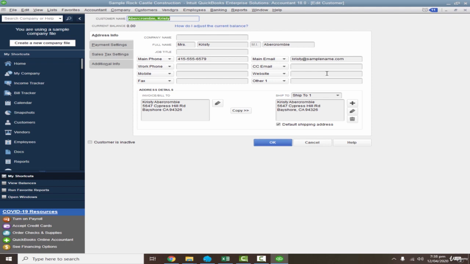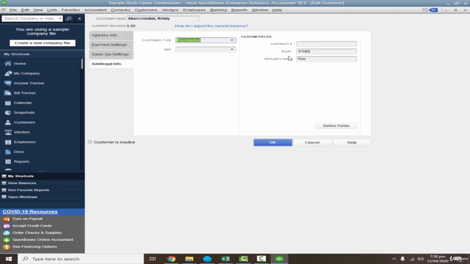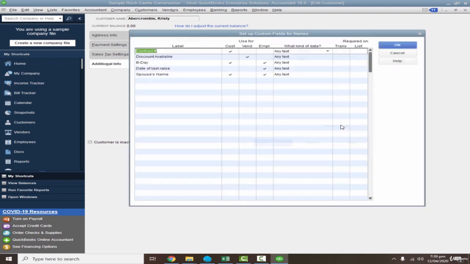But if I want to create a custom field, I'll go to additional info. And here you can see that because I'm using a sample company, there are some custom fields. If you will be working on a new company, there will be no custom fields. This area will be empty. So similarly, I can define my own specific fields. I'll go to define fields